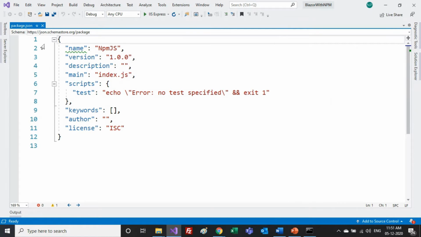Now the second thing comes into the picture: we need something that can bundle, or basically bind, all the JavaScript files together and provide me a build file that I can directly use in my Blazor application.